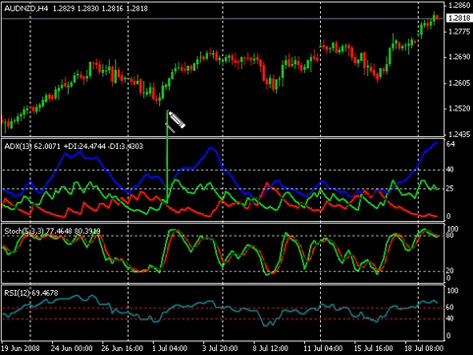So if we drew a line right here, when price continues to go up, or when the bulls take charge here, if our strategy is to buy when the green line crosses the red line, when the blue line is above 25 or 20, we would need confirmation